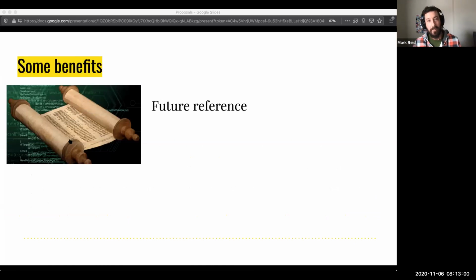Future reference, the scrolls of wisdom, is another useful thing. Sometimes it's useful to revisit these decisions from the past. If there's a corresponding proposal, that makes things super easy. You can go and see what the discussion was about, what the problem framing was that resulted in the solution that we have. If the assumptions that we were working from at the time have changed,